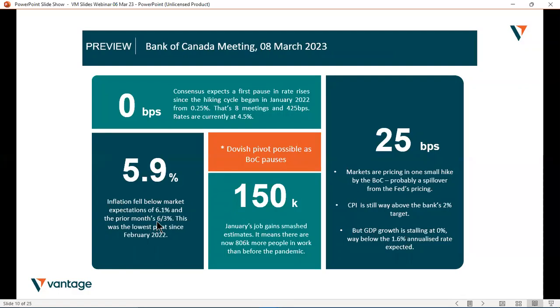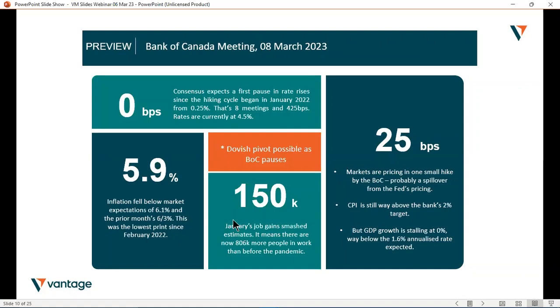Also, we've had CPI that fell below expectations of 6.1%, with a fall, the lowest print since February of last year. The Bank of Canada's target band is 1 to 3%. So you kind of possibly think a fall will happen within this year. And that, again, also argues for a pause by the Bank of Canada. Sorry, I just put in there, the prior month was 6.3%, and we fell to 5.9%.